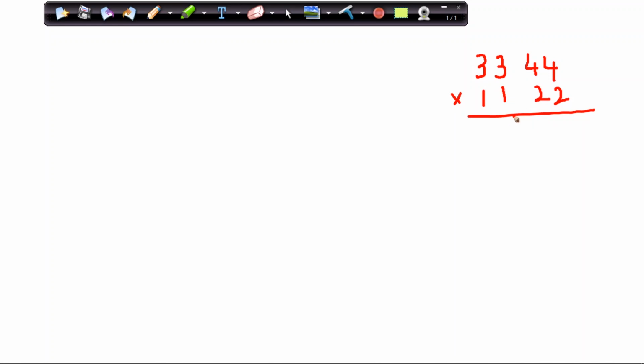Now if you are going to perform the operation, first I'll be doing 2 multiplied with this 4 and then 2 multiplied with this 3. Then I'll add up the things, and then again I'll take this higher nibble 11. So again I'll be multiplying this higher nibble with the lower nibble of this and then the higher nibble of this. So basically we are performing the multiplication operation in this manner.